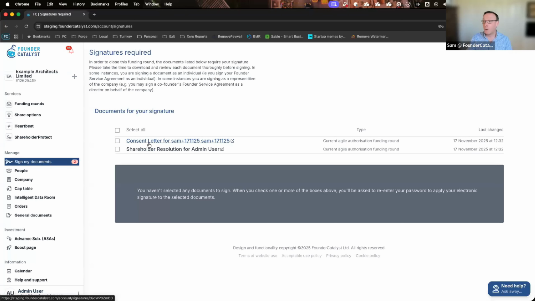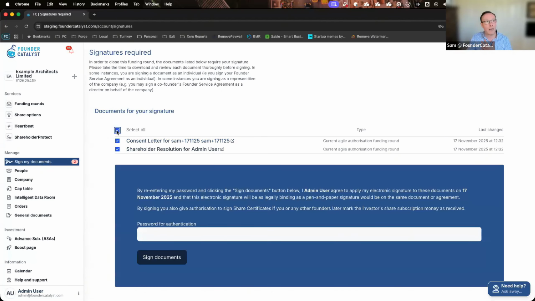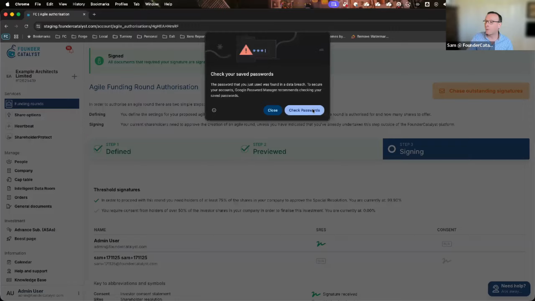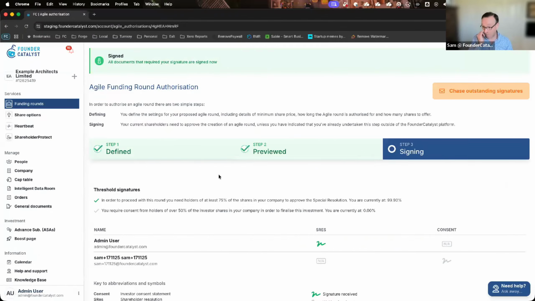I've got 2 emails. There's a consent letter, which I'm signing on behalf of the company. And the reason we need to do that is because our previous funding round had investor consent switched on, and there's a shareholder resolution. And that's because I, as a founder, am a shareholder in my own right. So we'll go ahead. We've authorized that as a